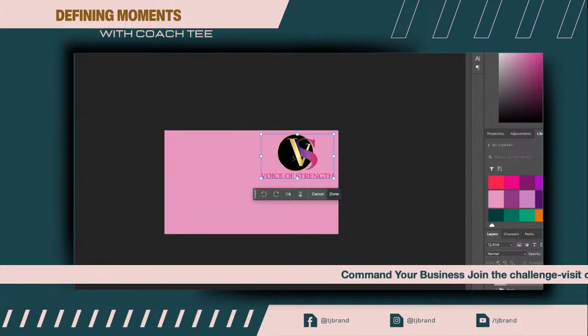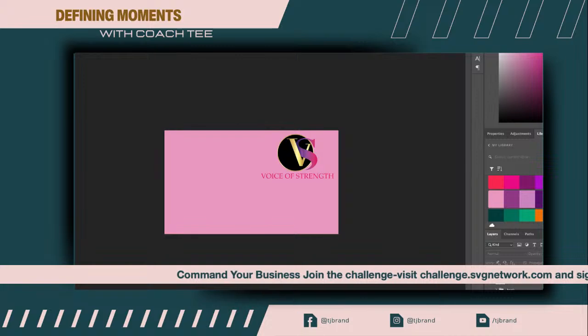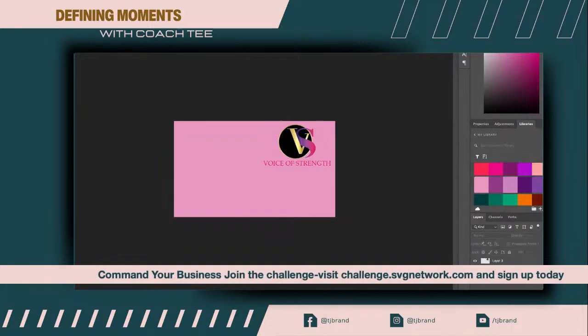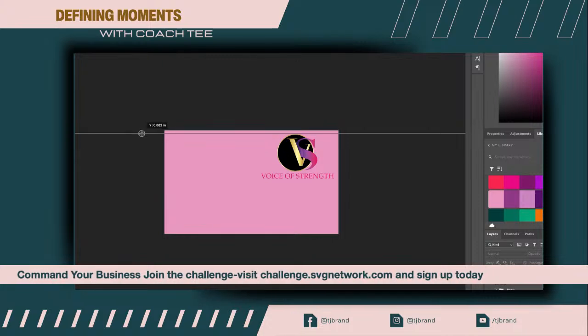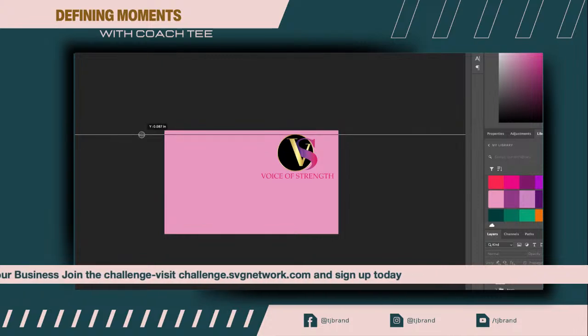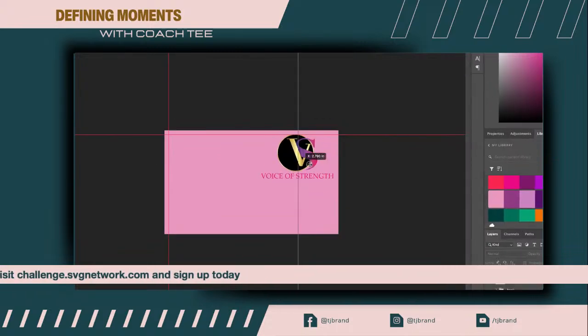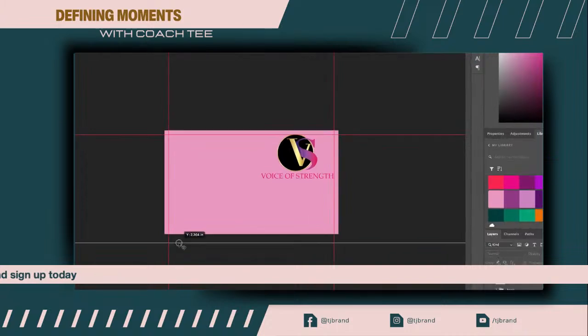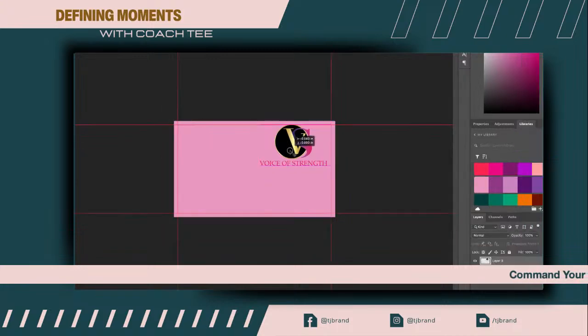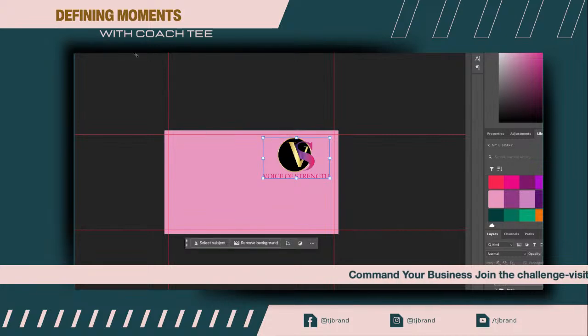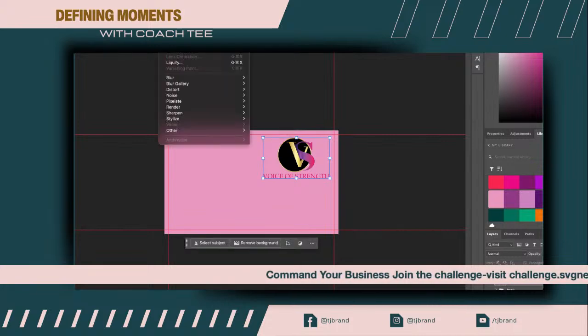Now, something I did forget to do, so please forgive me. Normally when you are doing this, you want to make sure that you have your bleeds set properly, okay? Because this is going to be printed, I need to pull down my rulers from the top to make sure that I stay within the guidelines of the printing, so that when it's time for it to be printed, nothing is cut off from those areas. Okay, so the best way to do that, if you don't do it the way that I just did, is you can go up here to, is it Filter?